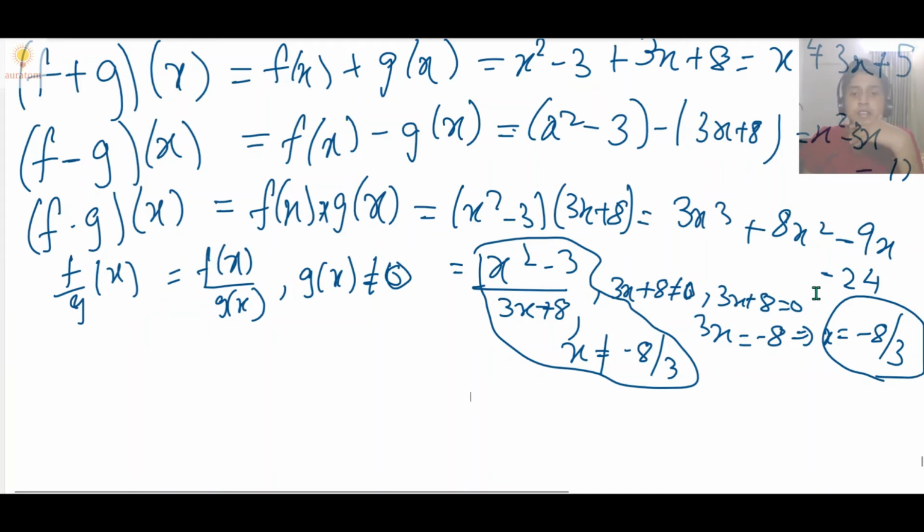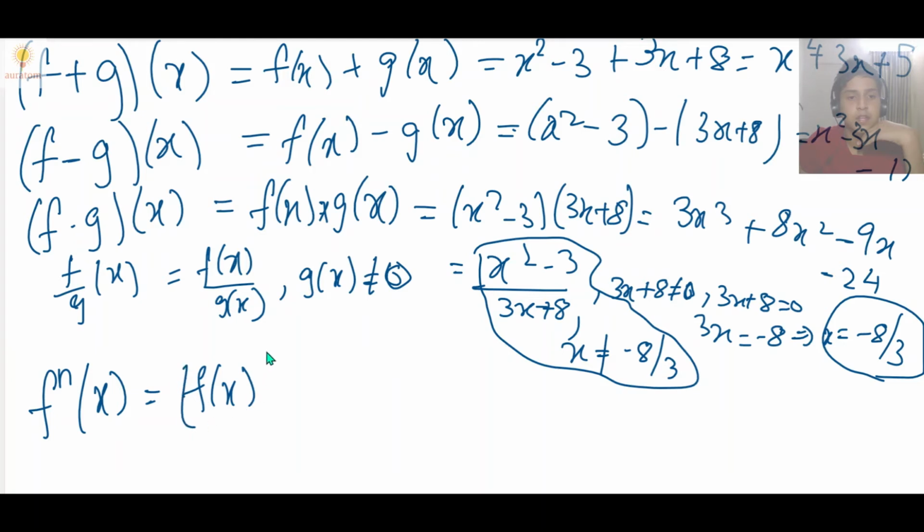Alright, now let's move on to, actually there is one more arithmetic that we can discuss here. It's called exponentiation of functions. So we can also do something like f raised to n of x. This is also a combination which is just going to be f of x raised to n. So this is defined only on one function, right?